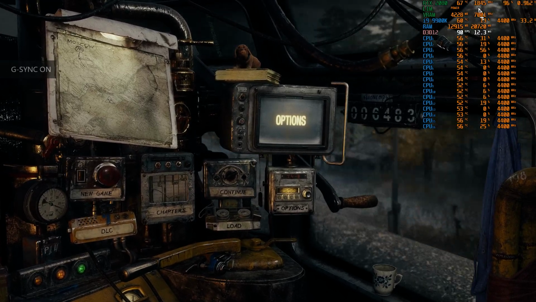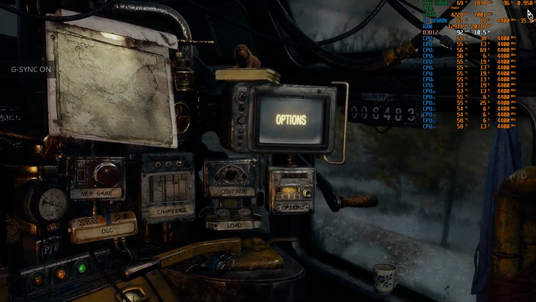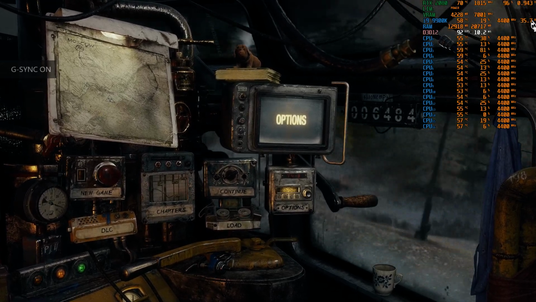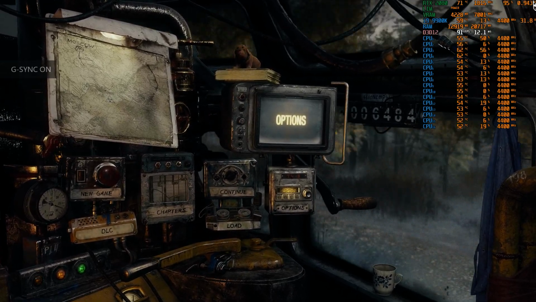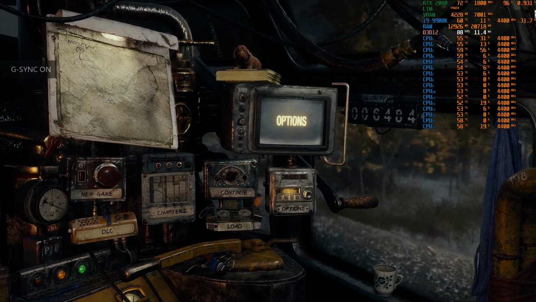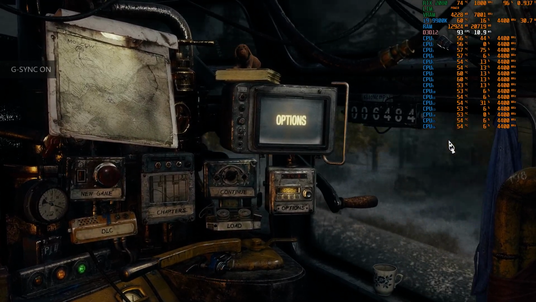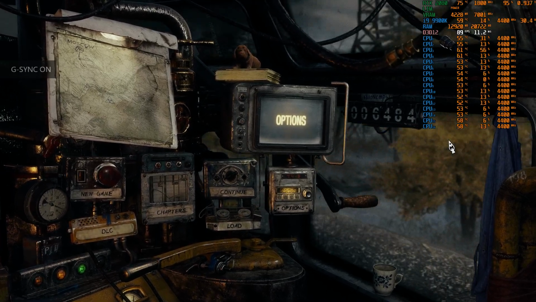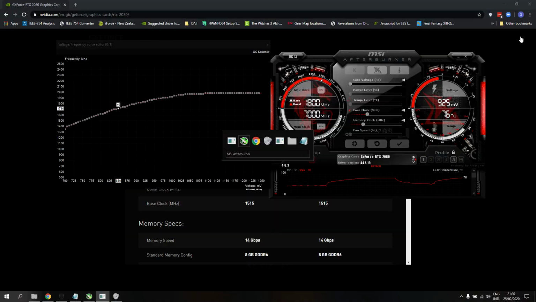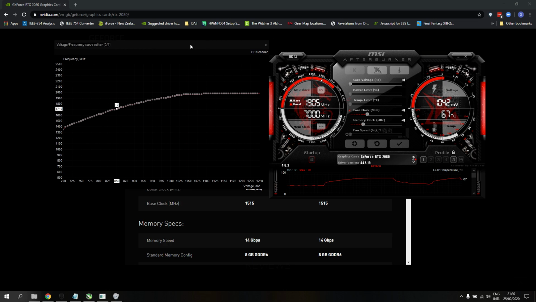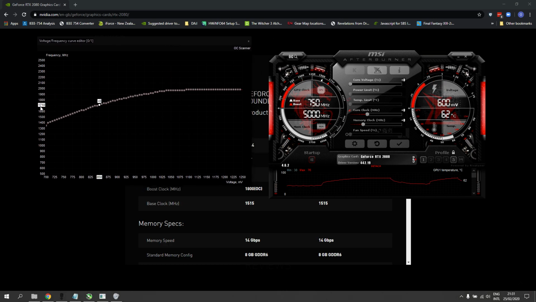Obviously the boost will be 100 megahertz bigger, but the voltage is also more than 0.1 volts higher, as you can see. And we are in the power limit because currently we are drawing close to 180 watts. So what we want to do is, once we find 1710 here, select this tiny little dot square or